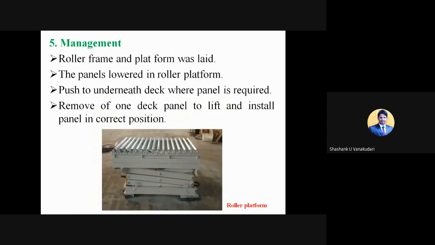And then here we need proper management for shifting the structural elements from one place to another. The first point is that you can use roller frames and a laid platform. This is what you can call the roller frame. It acts from the ground level, so from the ground level it can get started.